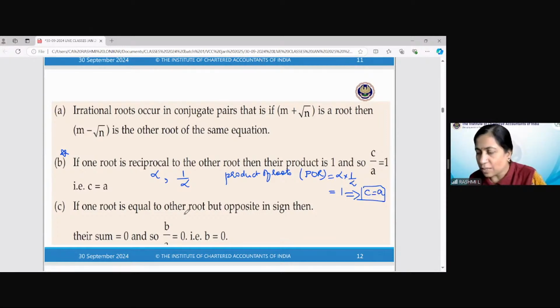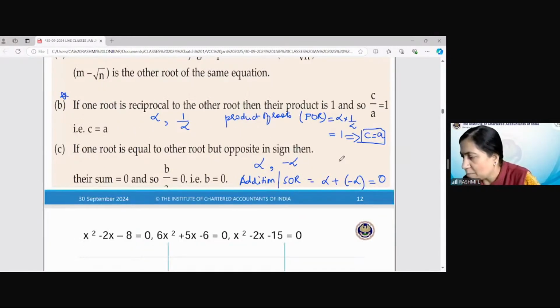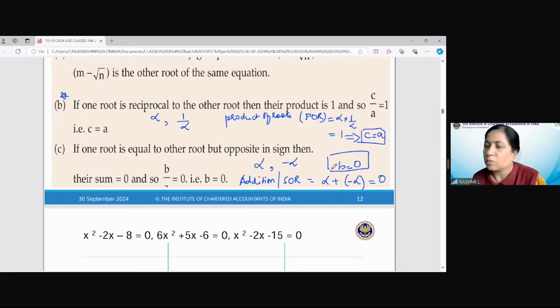इफ वन रूट इज इक्वल टू द अदर बट ऑपोजिट इन साइन, मतलब एक अल्फा है और दूसरा माइनस अल्फा है, देन एडिशन ऑफ रूट्स, एडिशन और सम ऑफ रूट्स क्या हो जाएगा? अल्फा प्लस माइनस अल्फा. तो ये क्या हो गया? 0. ओके, दिस इज इक्वल टू 0. व्हाट डज इट इंप्लाई? b इज इक्वल टू 0. ओके,